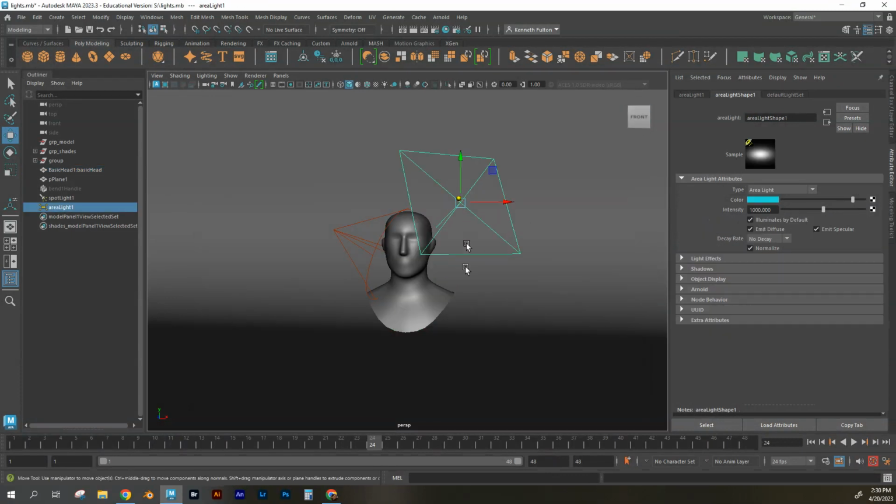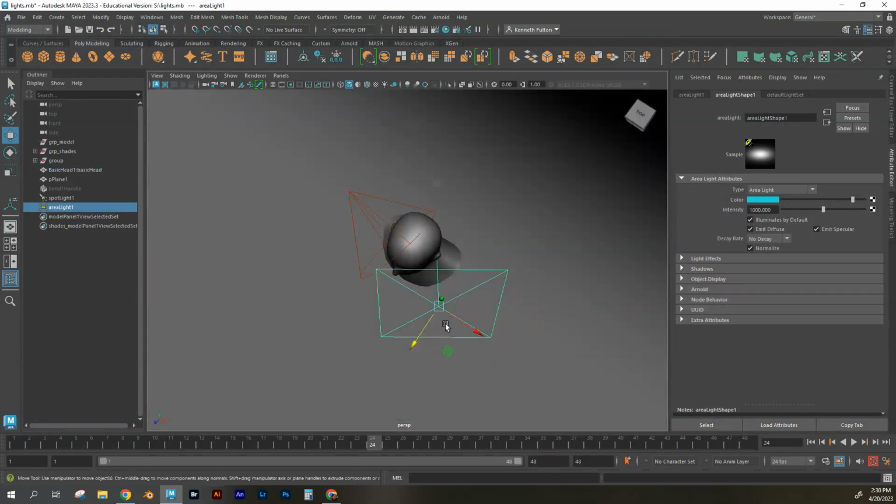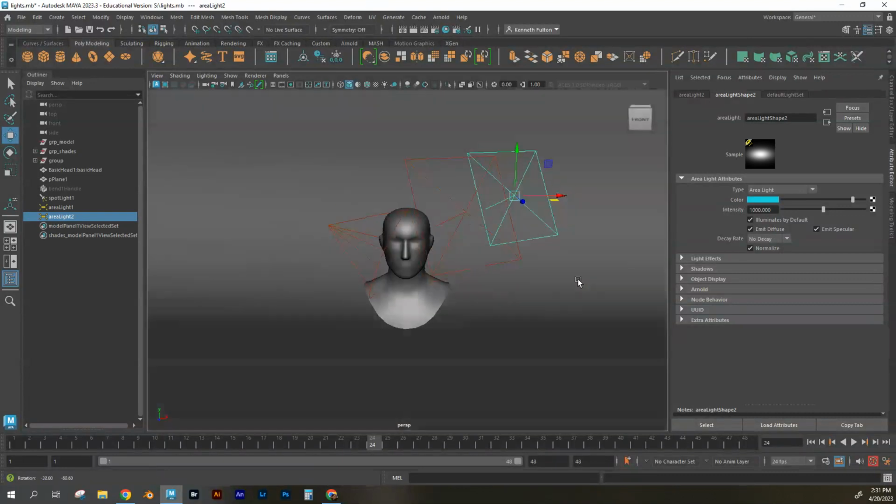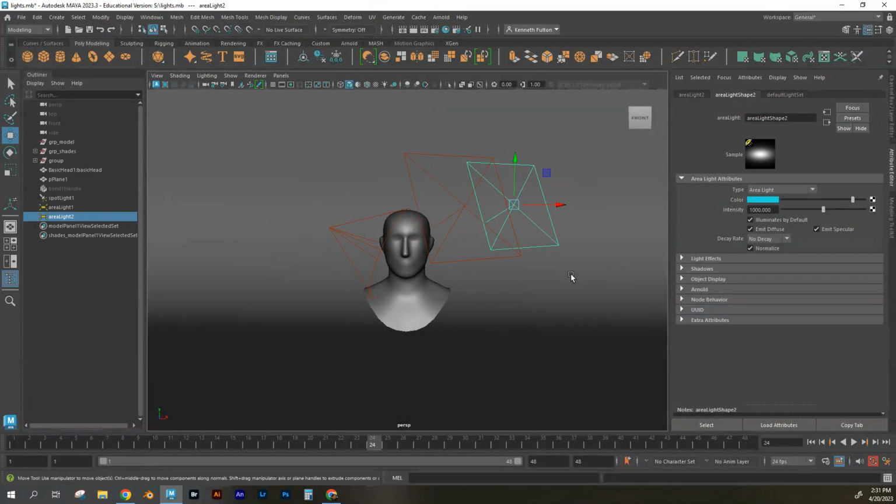So I'm going to take this light. I'm going to hold Shift on my keyboard, and I'm going to grab any one of these controls and click and drag it away. And it clones it. And I'm going to put this one kind of more towards the back. Sorry about that. Back of the backdrop. So I've got another one back there. It's cloned, exact same as what this one is, but this one's more focused towards